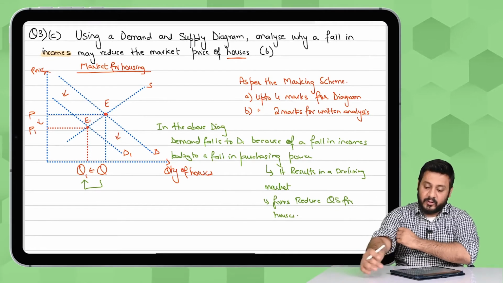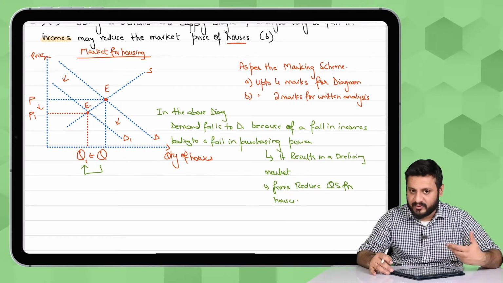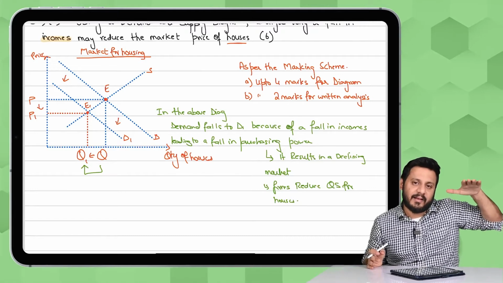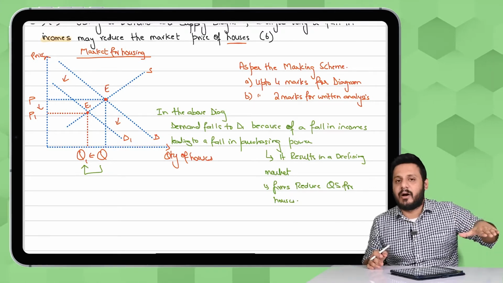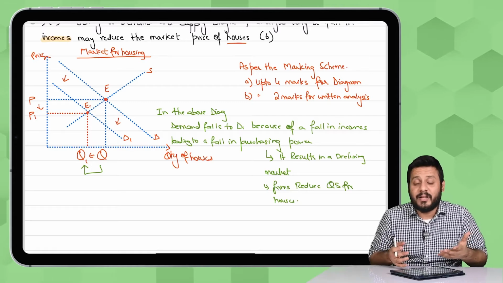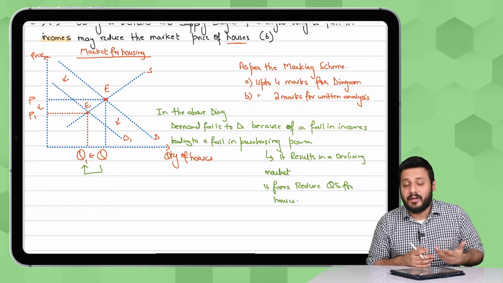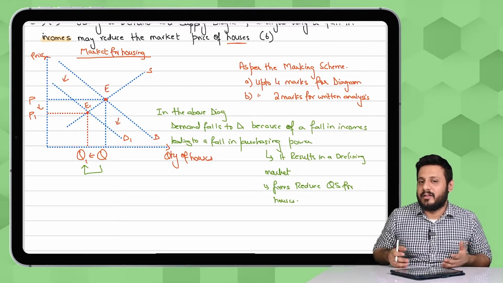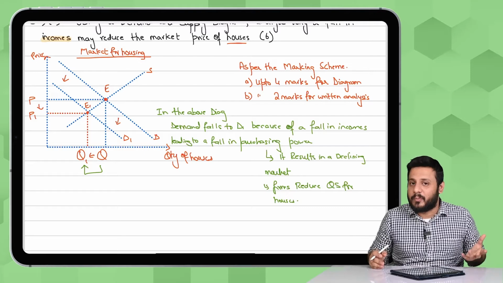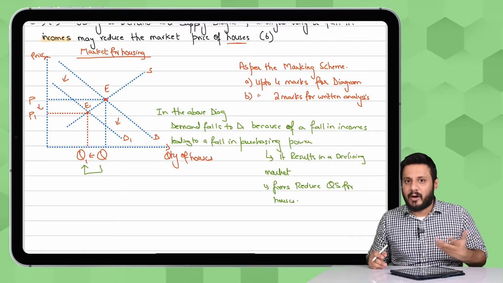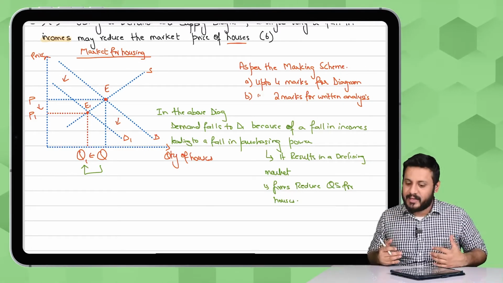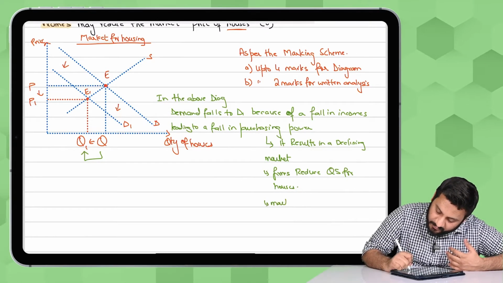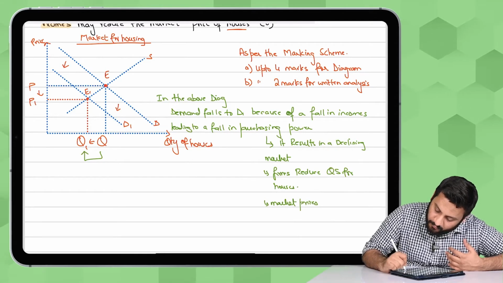Perfect, that's great. Firms reduce quantity supplied for houses as well, and as a result, since less is demanded and now less quantity is also being supplied, the market prices would keep on falling for houses, because obviously the builders would have to reduce prices. They would reduce their prices in order to sell more houses, because the demand has fallen, right? Consumers are not willing to pay more money. So in order to sell more houses, they have to reduce the price. So the market prices will automatically keep on falling. So firms reduce quantity supplied and the market price falls